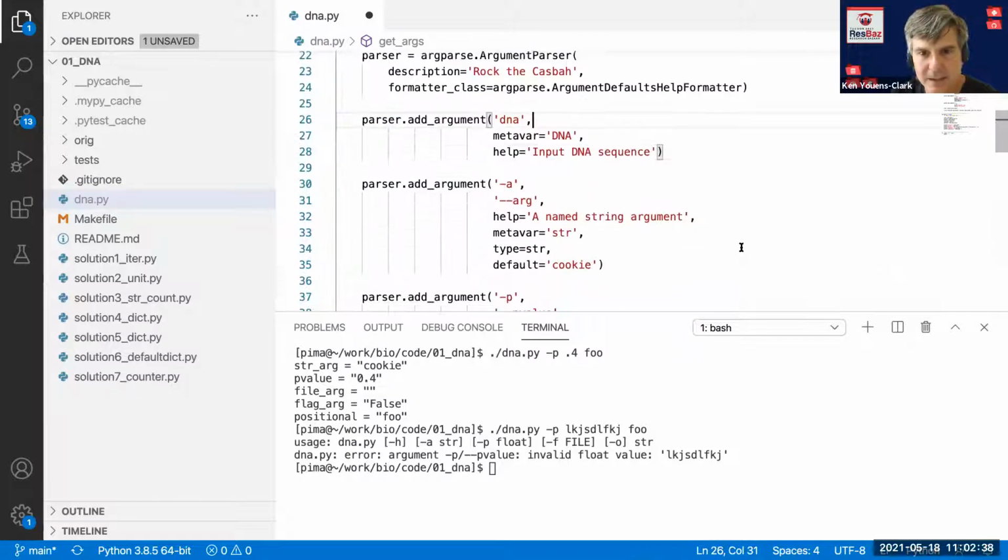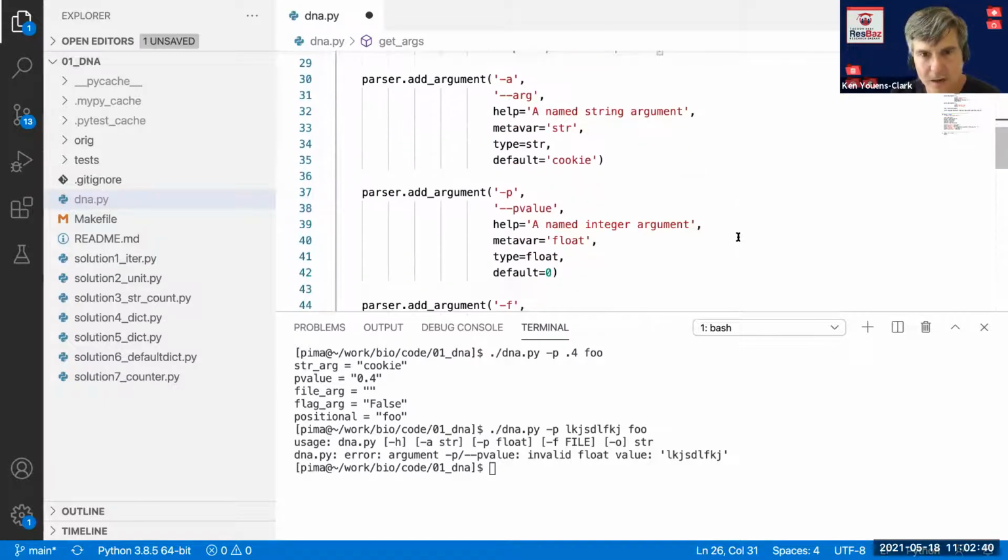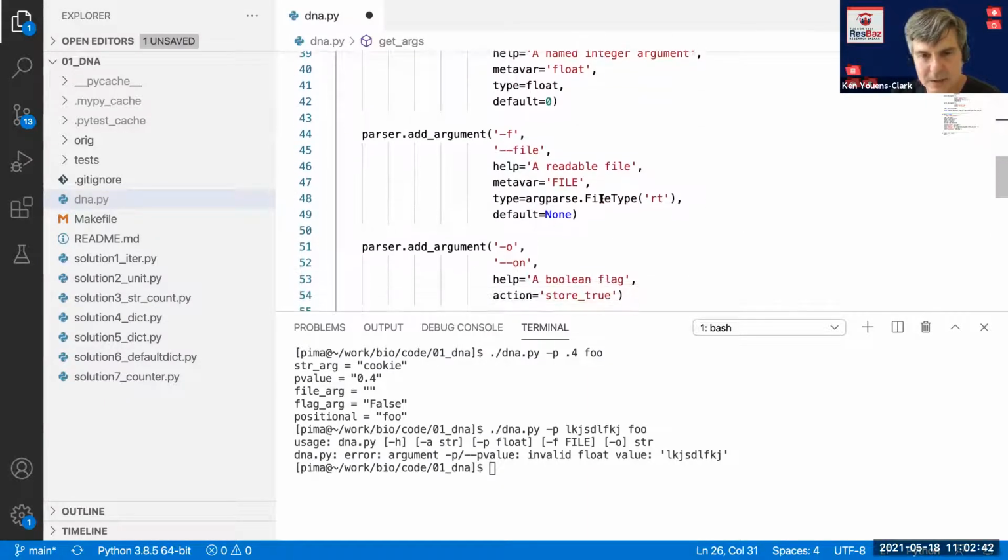I don't need any of the other arguments. One other thing, actually, I meant to mention here. I don't really have time to cover this, but with this type of a file type, argparse will validate files. So if you try to give an argument that's not actually a file, and specifically here I'm saying it has to be a readable text file. That's what R is for, readable, and T is for text.